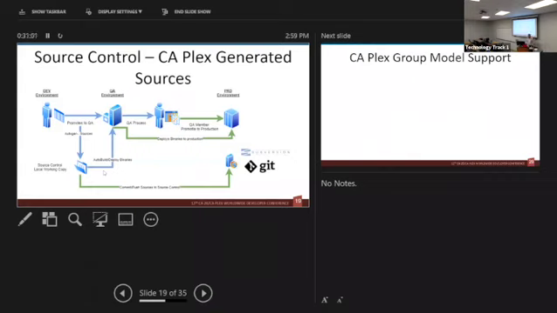Okay, so this is for the source control, yeah, for the generated source in Plex. It's kind of a complex diagram, but this is the way that normally happens. So the developers